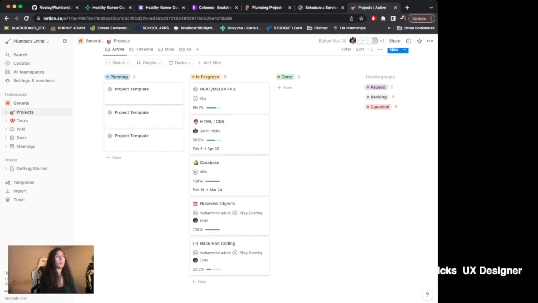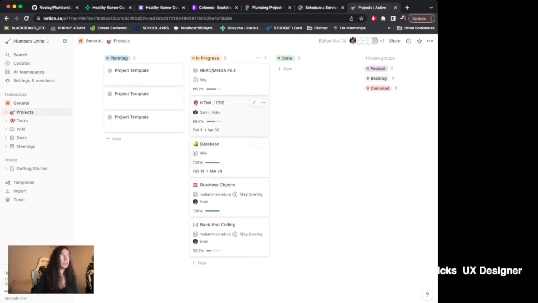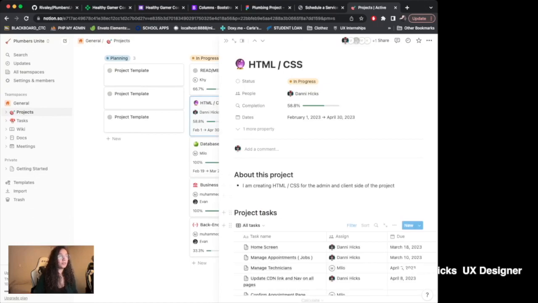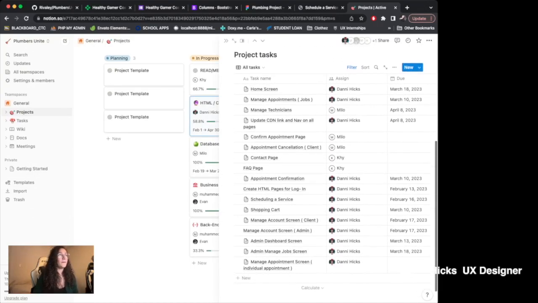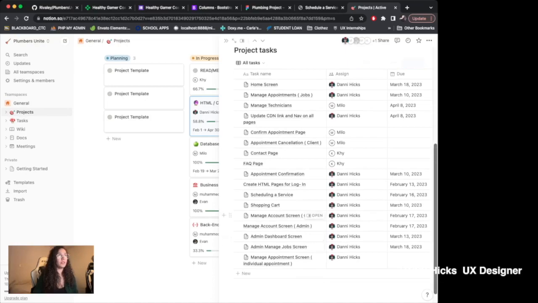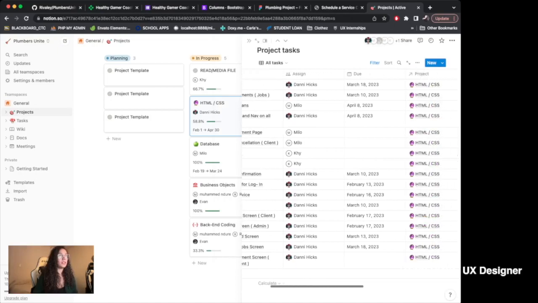So the guys and I got together and tried to think about what we could do to have somewhere where we could manage the tasks. So Notion was, I think, a great way to do that. I had heard of Notion, heard of other designers using Notion, and we use a similar program at my current job, but this was really, really great because we were able to